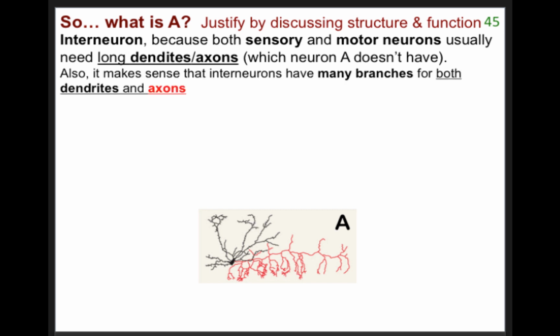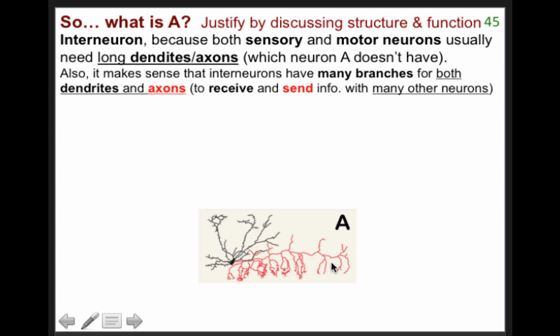Also, it makes sense that a generalized interneuron should have lots and lots of branches for both the black dendrites here and the red axons here. So lots and lots of branches for both. Because if you think about it, an interneuron is made to receive and send information from and to many other neurons, right? So to give you an example, it's a made up, very simplified example. In your central nervous system, so say somewhere in your brain,